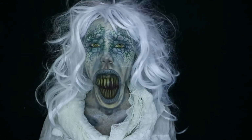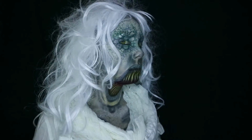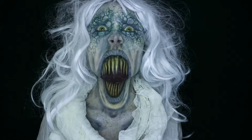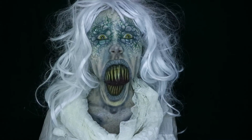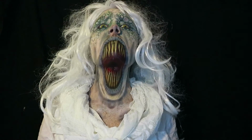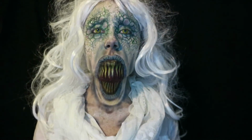Especially because as soon as you open your mouth to talk, eat or breathe, or move your head slightly from optimum angle, the illusion is gone. I think I will probably make a proper Banshee tutorial in the future with some kind of prosthetic mouth probably. But still,